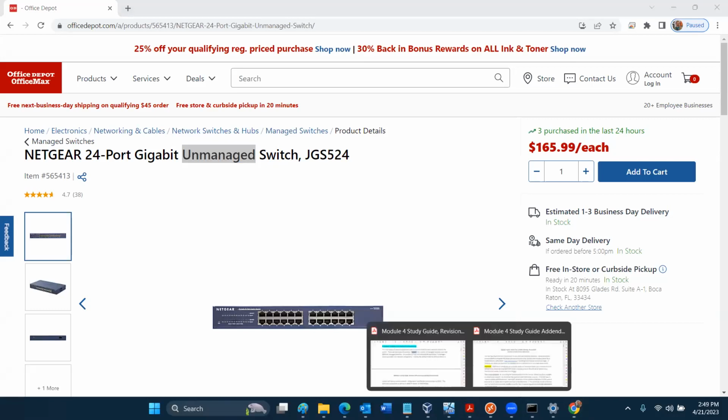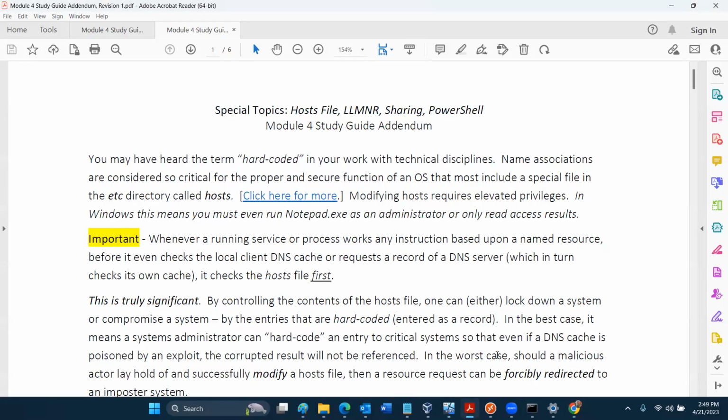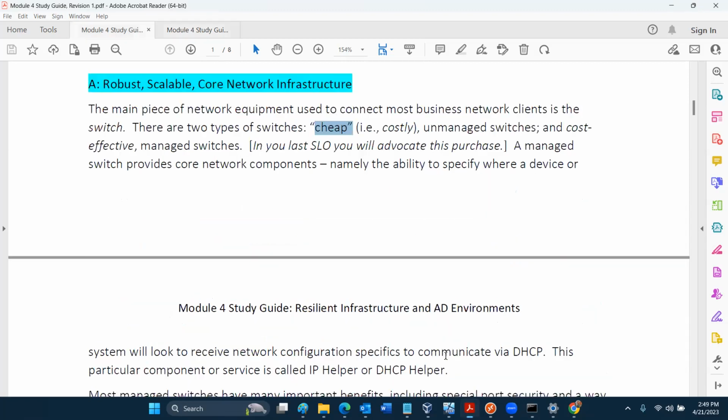One of the things that you should do if you're going to work any organization with 6 employees or larger, right? And when you think about it, that's a lot of different organizations. What you want to do is buy a managed switch. Now, a managed switch costs a little bit more.